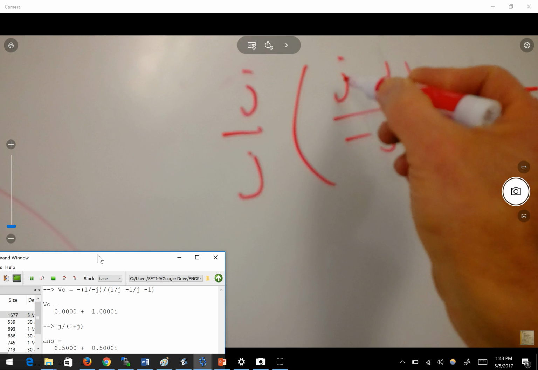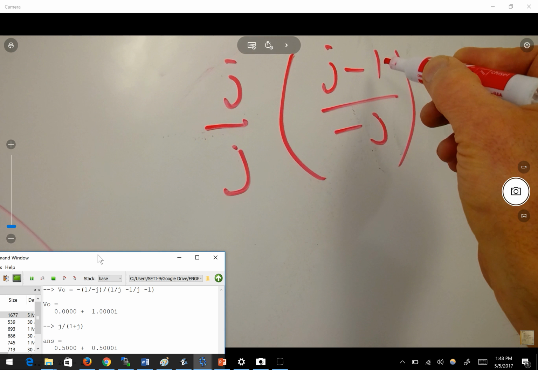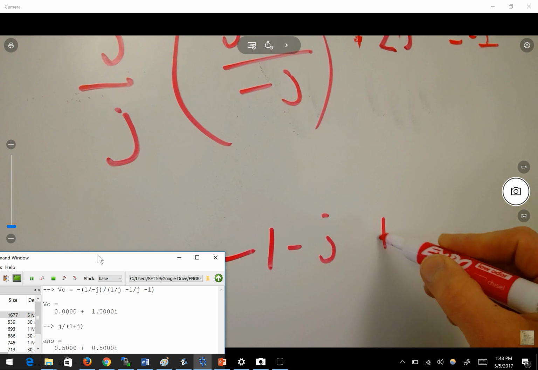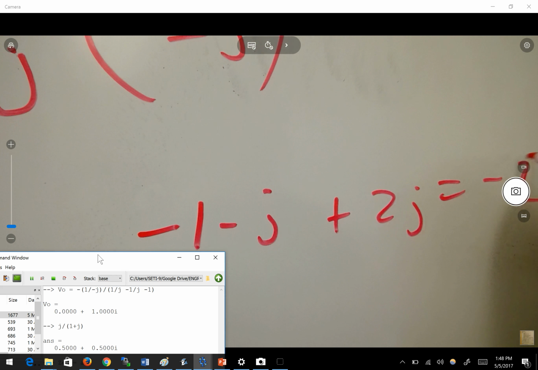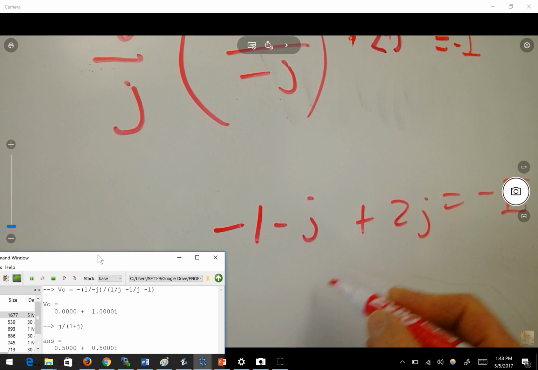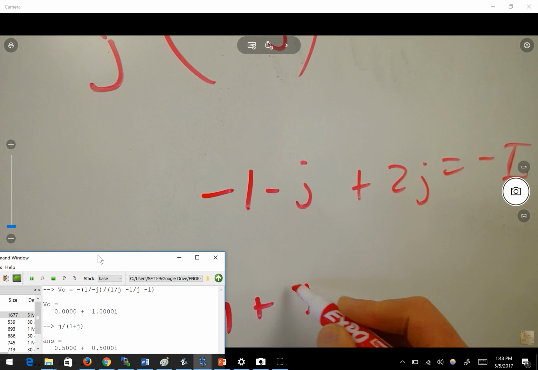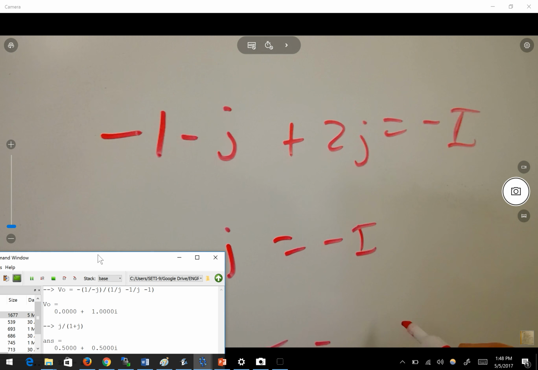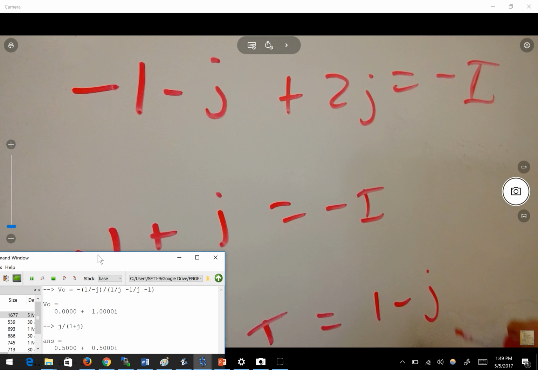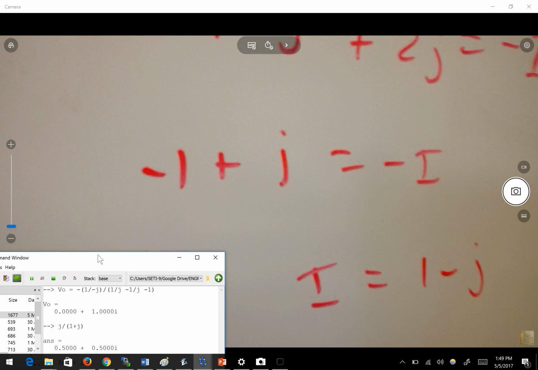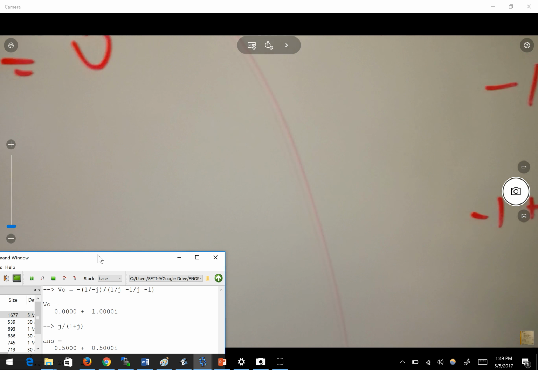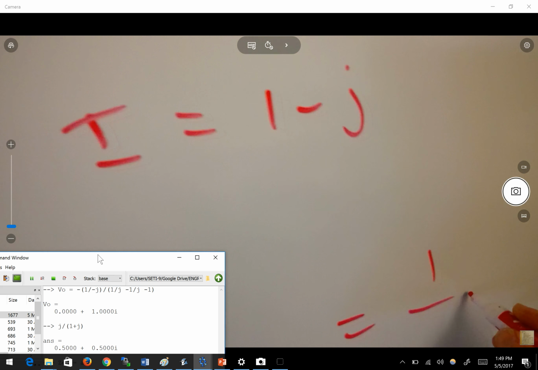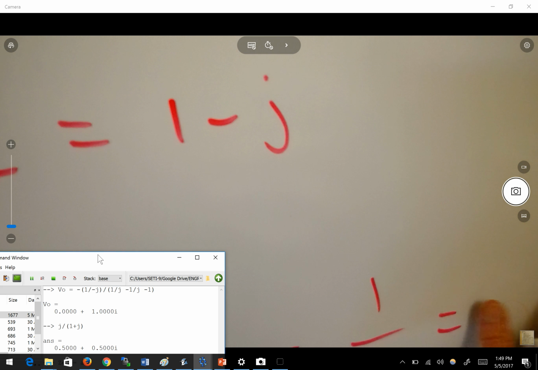That becomes negative 1 minus J. Yeah, negative 1 minus J, plus 2J equals minus I. So J minus 1 plus J equals minus I. So I equals 1 minus J. So if I is 1 minus J, then the Z Thevenin is 1 over 1 minus J, which is